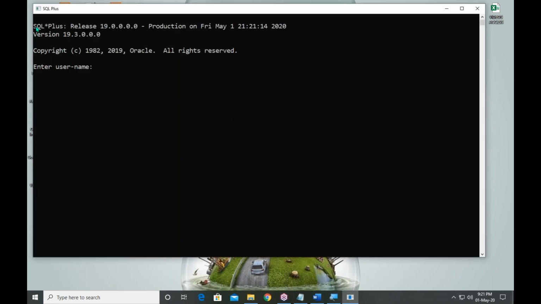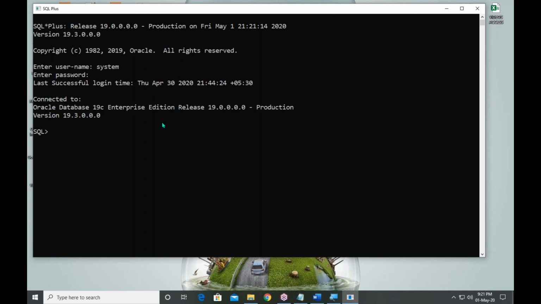Open it. SQL Plus opened. I am connecting as system, password manager_1. Connected. Again type connect sys as sysdba. Now again the same password, manager_1. Connected.